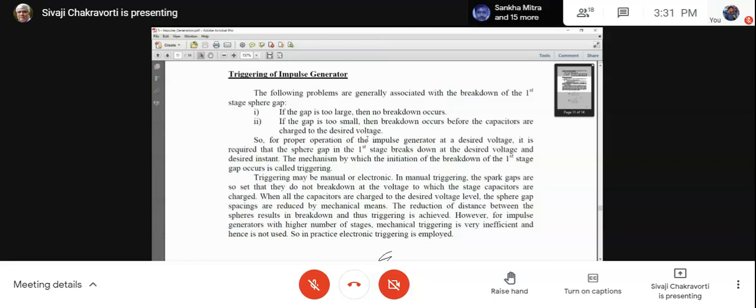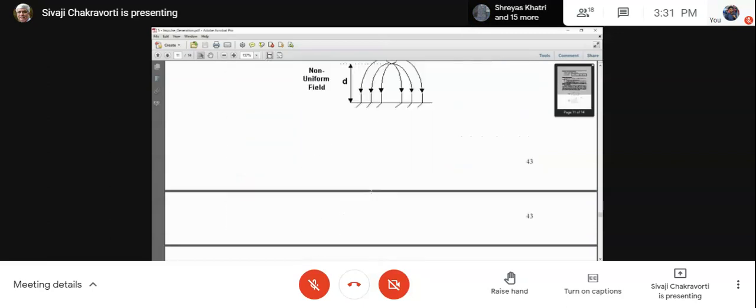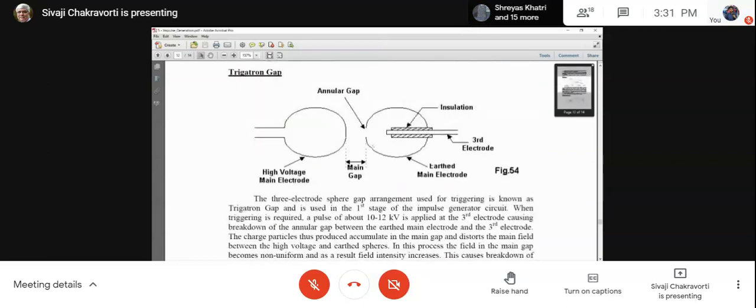Well, we do it in this way. This is called a trigatron gap. So the first stage gap is actually called a 3 electrode gap. We have one electrode, or one sphere, which is connected to the high voltage. We have the other sphere which is connected to the earth. That means